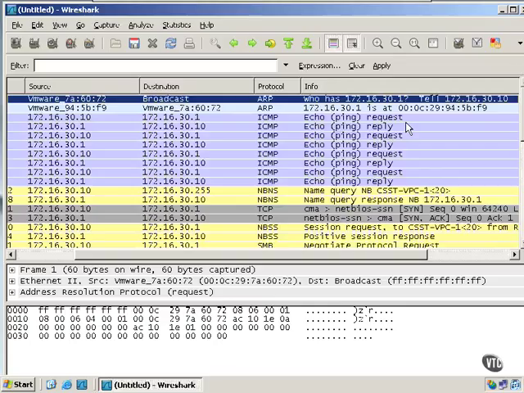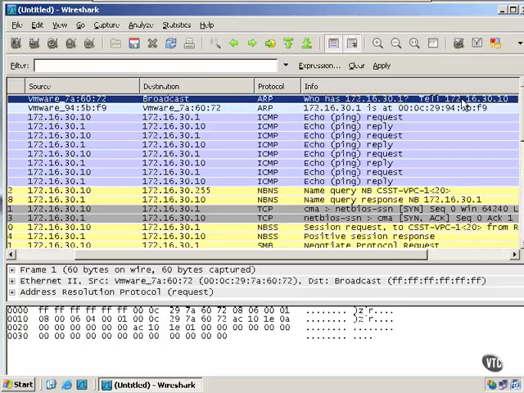We've got some interesting traffic here at the top. This is an ARP request, and this ARP request is coming from the Windows XP box. What we've told it to do is ping the IP address of the server. Well, it doesn't know the MAC address, so it will do what's called an ARP broadcast. It will say, hey, I need to know what the MAC address is for this IP address so I can start sending traffic. So it says, who has